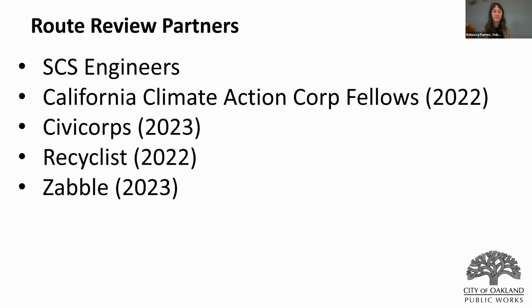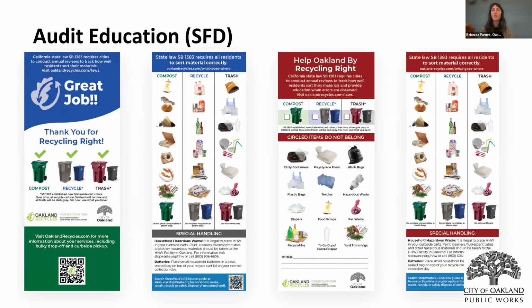Moving on to the next slide. So we followed a similar methodology, looking mainly at the top of the containers. We also would leave behind tags, letting them know if they did a great job, letting them know what areas for improvement were needed. Our cart tags show two colors because we're doing the slow transition of cart colors to compliance. And there's more of our old colors in the field than the new colors currently. So that's why those are there.